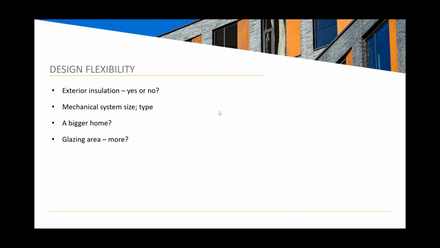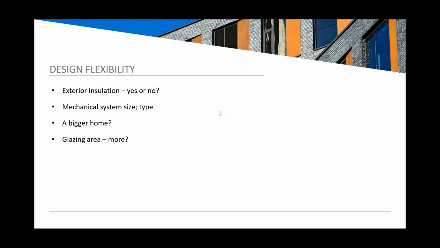And so for larger commercial buildings with very intricate mechanical systems, sometimes those can exclude a large number of contractors. So your pool of qualified trades is very small versus reduced complexity in the mechanical system, thanks to a better envelope, gives you more efficiency, more people to choose from, potentially a bigger home, potentially a larger floor space ratio.